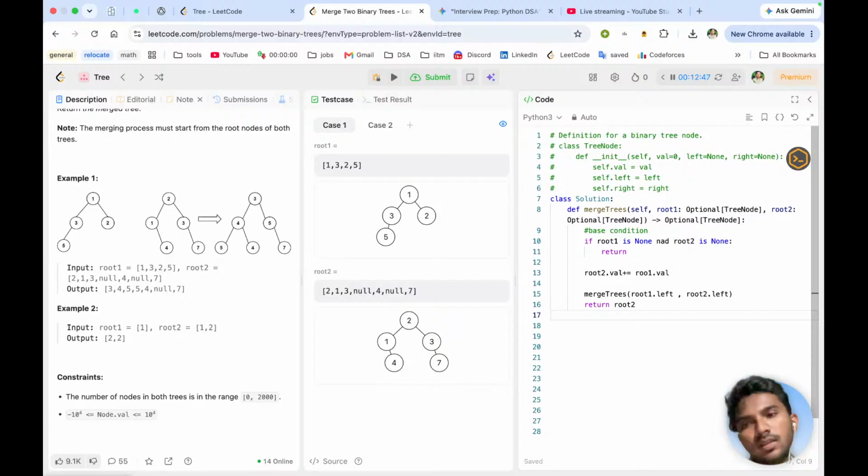Exactly right. And once we are done with the left side traversals, then we will go to the right side. Root 1 dot right, root 2 dot right. Now what if